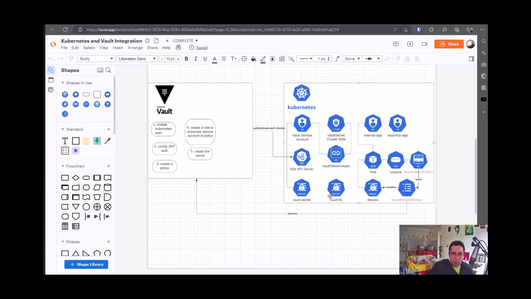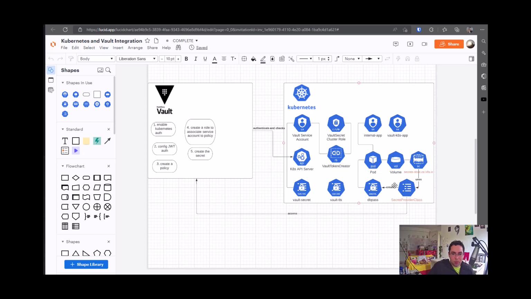So it's a little bit complicated, but we will do it step by step, and I hope you will understand. And this secret provider class will create a secret. This secret will be injected in the pod,